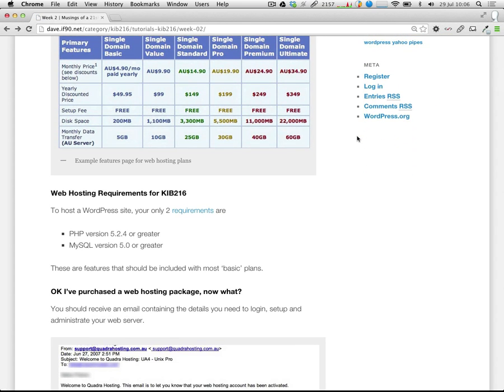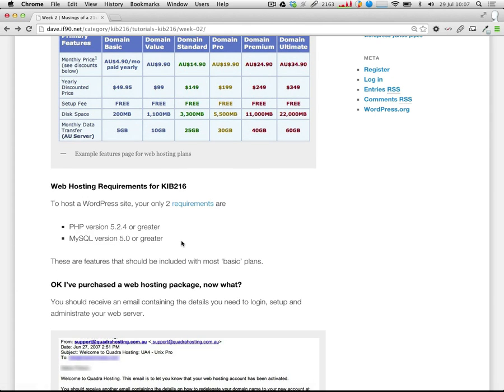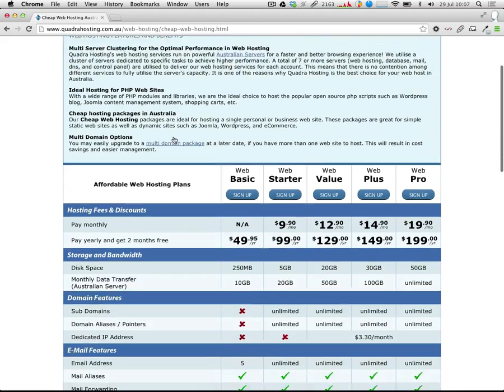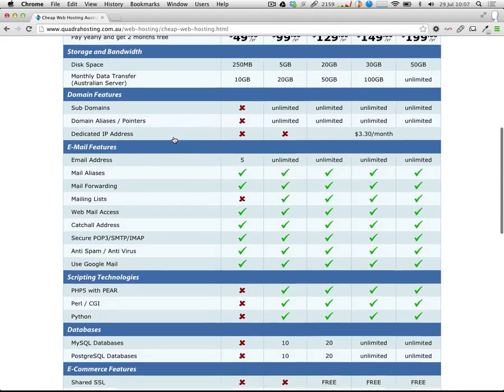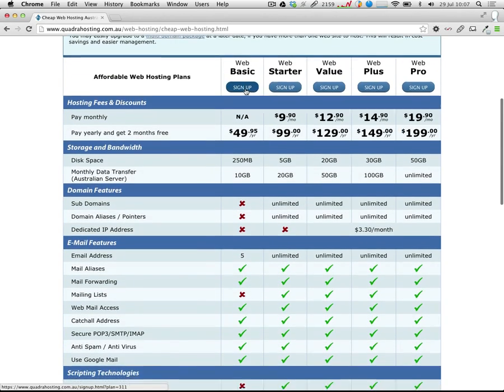So when it comes to the technical requirements for your web hosting, there's really only two things that you need for the purposes of your portfolio website, and that is the web server has to support PHP and MySQL, and for recent versions of WordPress I've got the version numbers there, but any web hosting company should keep them pretty much up to date. So you just want to look for a web hosting package that has PHP and MySQL. So I mean, if we look at any of these, you should see them listed on here. So you can see if we look at this Quadra hosting one, they've got their web basic